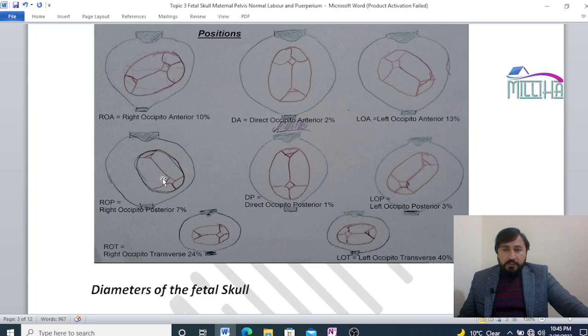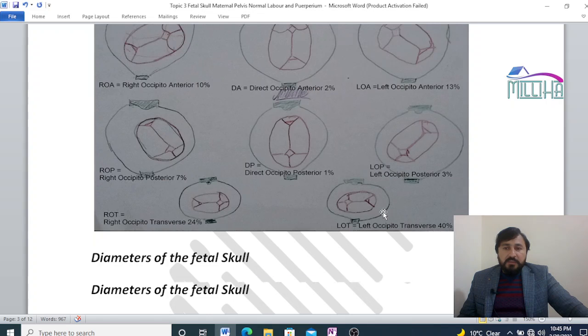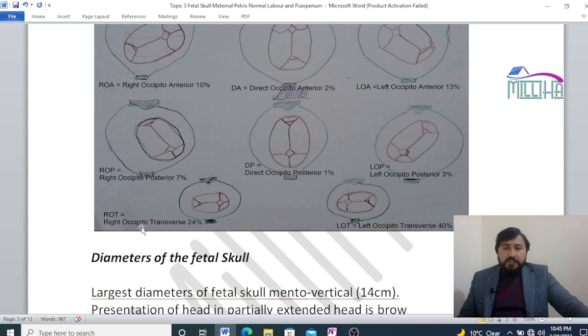Right occipito posterior: similarly, the occiput is towards the back, towards the sacrum. So that's right occipito posterior, direct occipito posterior, right occipito anterior 3%, and this is right occipito transverse, when